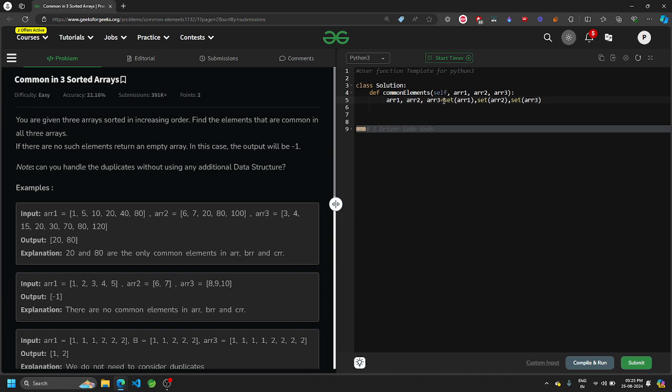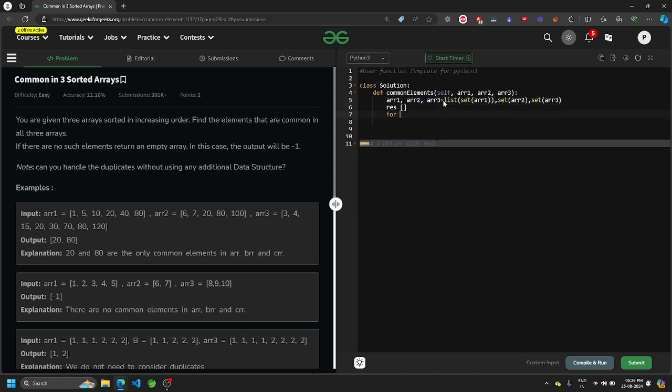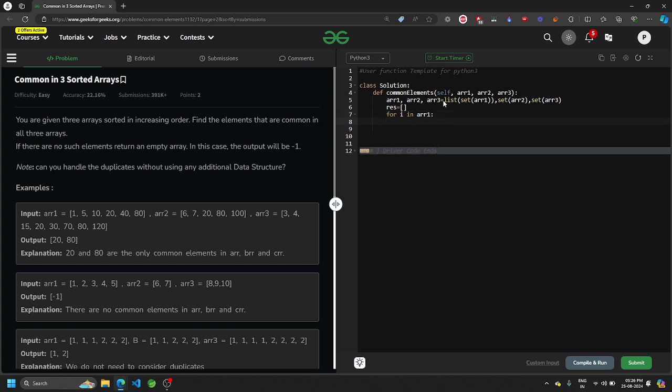And do one thing. Since we need to iterate through it, and you can't iterate through a set, we can convert the set to a list itself. And now we can have a result. For every element in the first list, which was actually a set that has been converted back to a list,